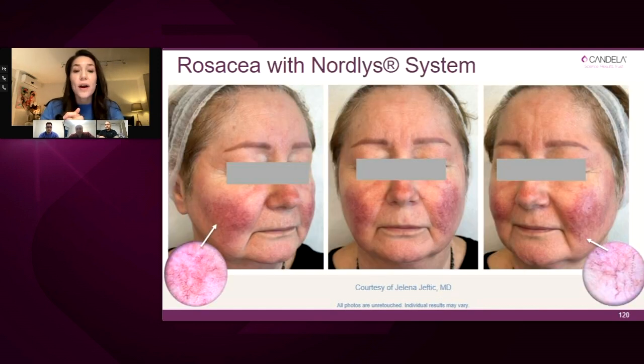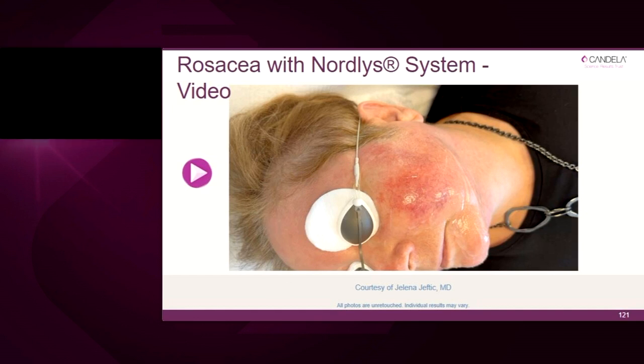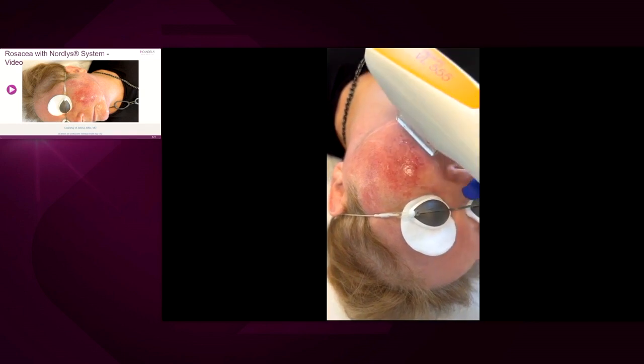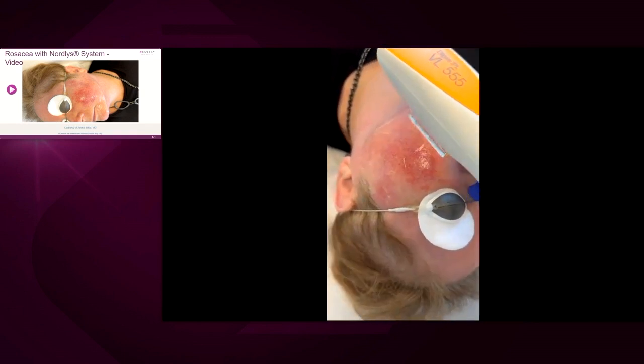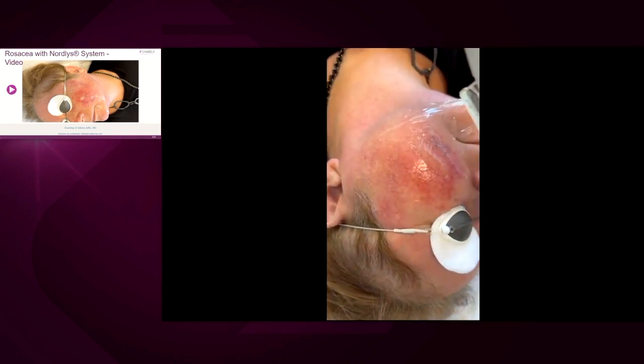This is a patient with very long-standing rosacea. She tried several types of treatments, including IPLs and also lasers. And in dermoscopy, she has a very thick type of vessels. So in this video, I wanted to show how nicely we see a clinical endpoint. We call it transitional graying. As you can see, all the vessels just change color.